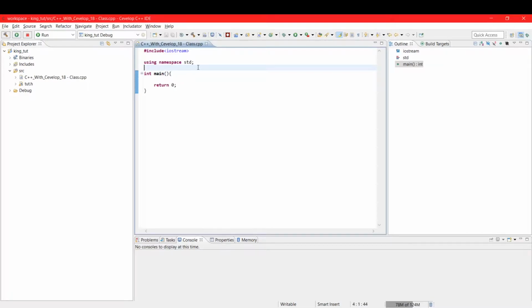In this tutorial, we're going to get into the fun stuff. And I'm not saying the previous tutorials are boring stuff. These are really important because in this tutorial, we're going to get into the meat and potatoes of C++, which is object-oriented programming. And I don't know how many videos there will be in the object-oriented programming series, but